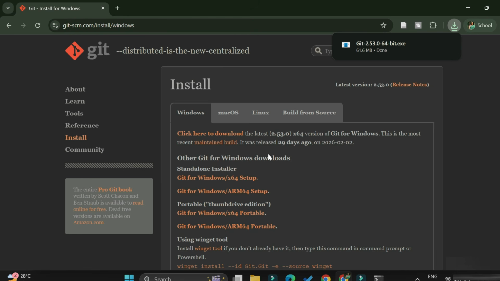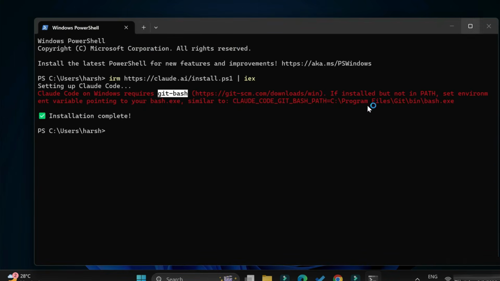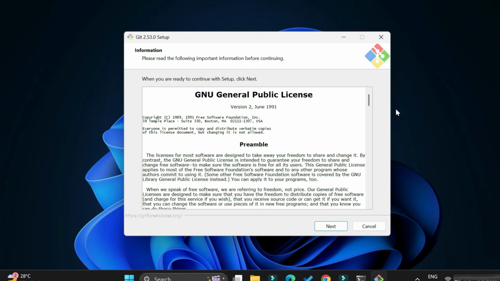So let's click on this exe to start the installation. I'm closing my browser, guys. Here it is asking me permission. I'm just clicking on yes button, and now here it's showing me license. So I'm going to click on next button,